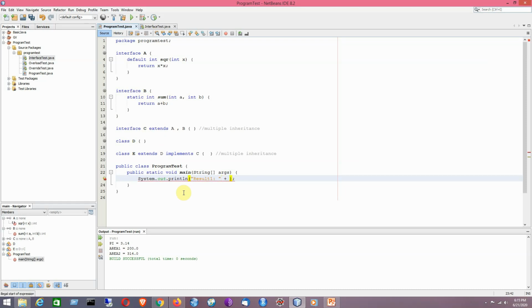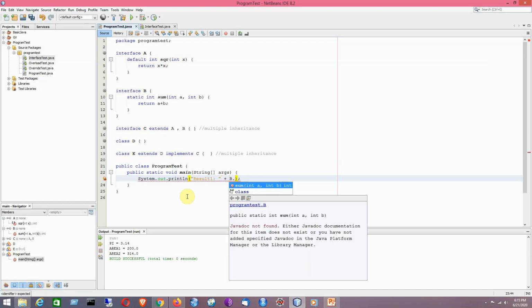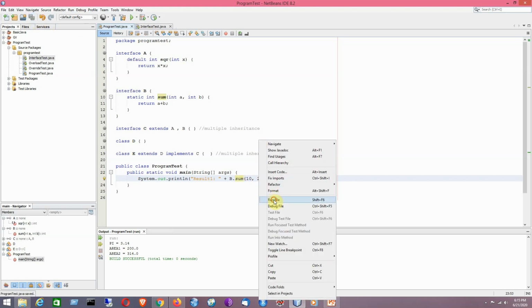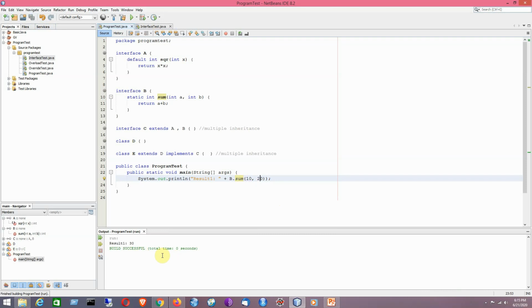What is the name of the interface? B. So now I can call it directly because it is a static method. Say for example I am writing 10 and 20. So it is showing the result accordingly.